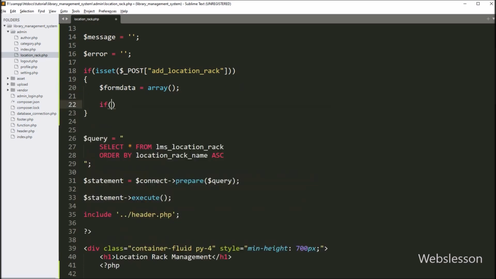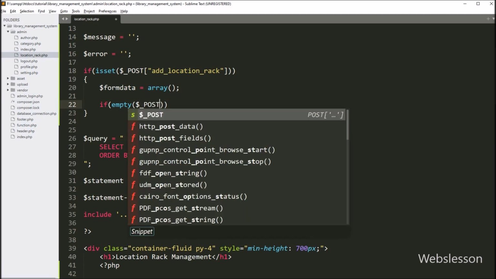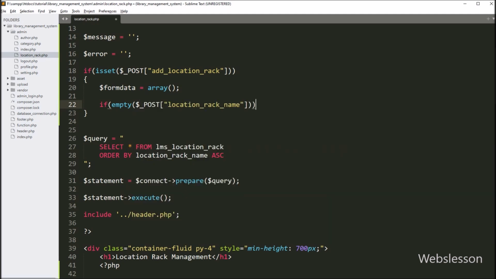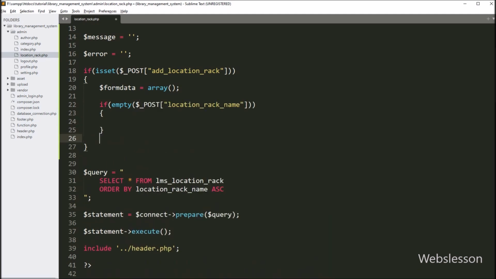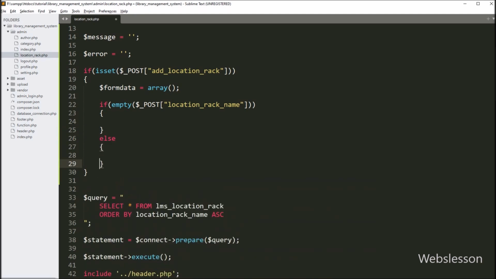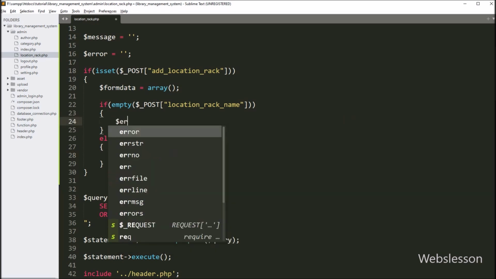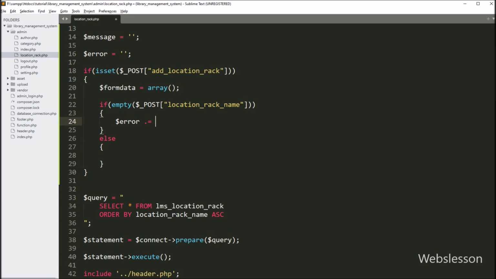Below this, we write an if statement, and under the condition we write the PHP empty function, and under this function we write the $_POST location_rack_name variable. If this variable has a blank value, then it will execute the if block of code, and under this block we write the $error variable and append an error message like Location Rack Name is required.